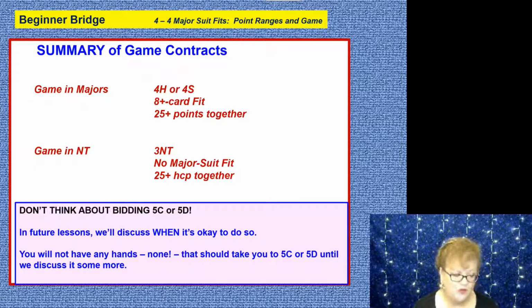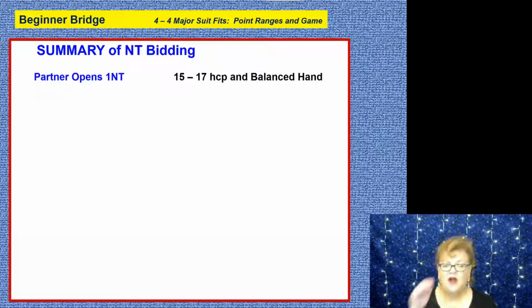In the future, we will have lessons that'll talk about when it might be okay to do so. It's kind of specific. I promise you, until we talk about that particular concept, going all the way to 5 hearts or 5 diamonds, you will not have any hands that will reflect that possibility. All right. Now, I want to remind you about no trump bidding,